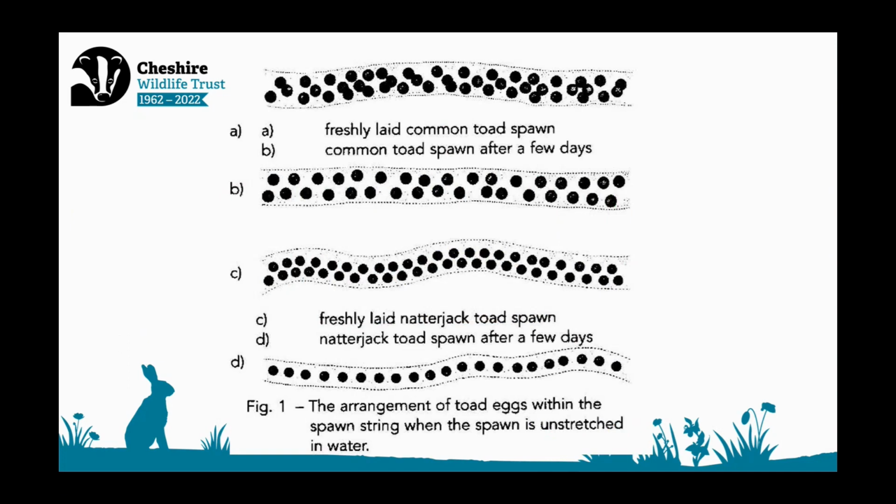Once a lucky female has been mated, she will spawn and lay a single-stranded string of eggs that contains up to around 7,500 eggs. And from this diagram here, you can see the difference between the common toad spawn at the top and the natterjack at the bottom. It really helps us when we're trying to identify the spawn from different species during our monitoring, as the natterjack spawn is very long and thin,